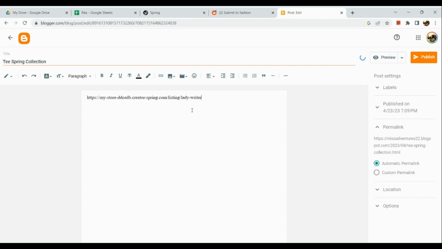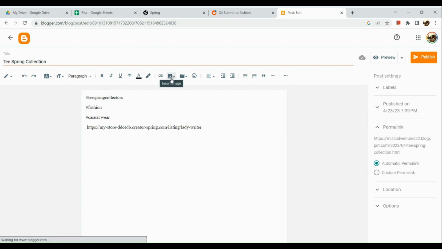So here I have my Teespring link, added. Before you simply post your blog, you can also add hashtags. So for example, Teespring collection, and then you can add more hashtags relating to the product that you are selling. Okay, now another thing that we can do is, in this section, you can insert an